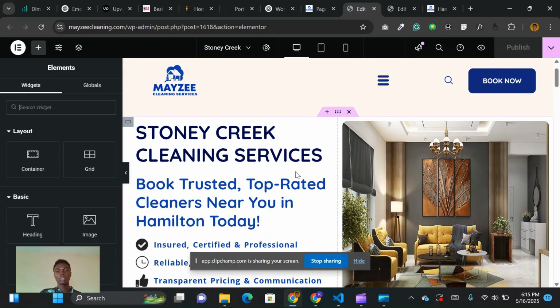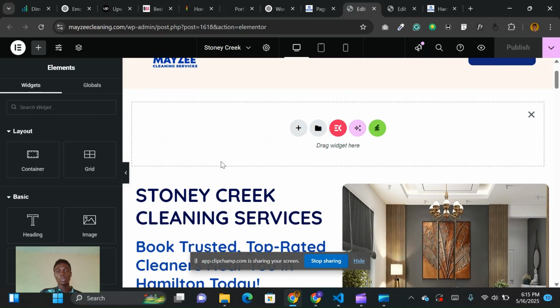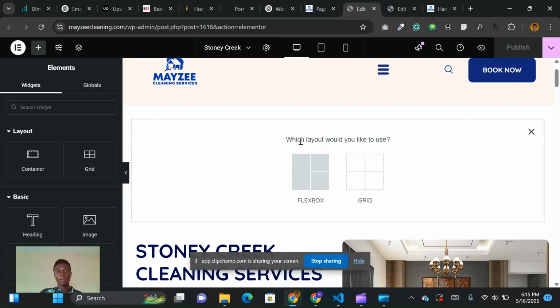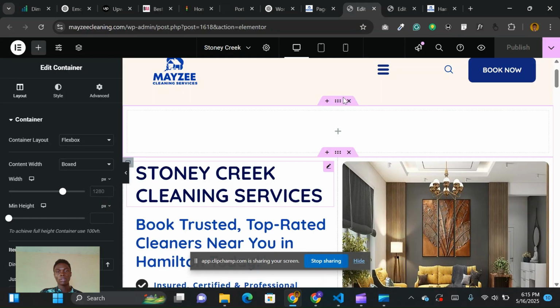Okay, now we're going to be creating it. First thing you need to do, you can see this plus icon here. You click on it, and it's going to drop down. Once you drop down, you are going to add a plain section. So you can choose this container here. Click on it. Once you do that,